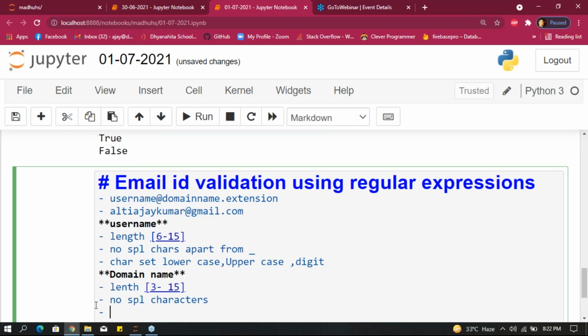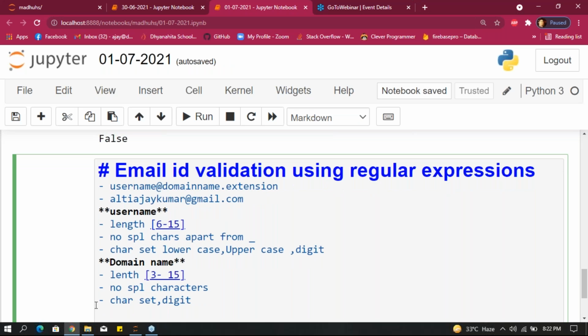And it contains gmail.com or Rediffmail or anything, right? Domain name, normally what will it be? Gmail, Yahoo, Orkut, or anything. Rediffmail. That is the reason I'm taking only the character set. If you want, you can take digits also here.